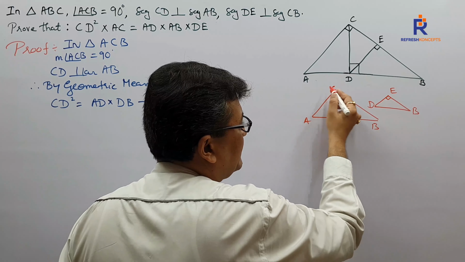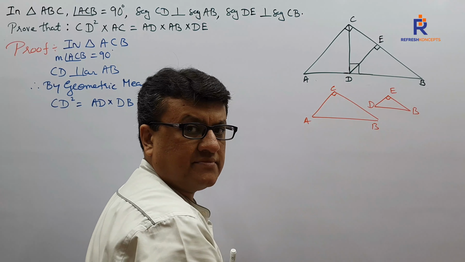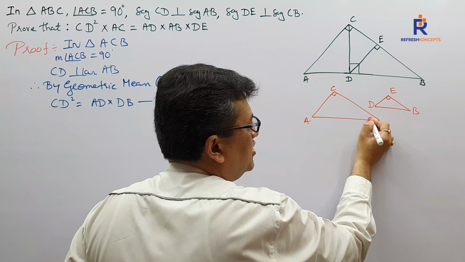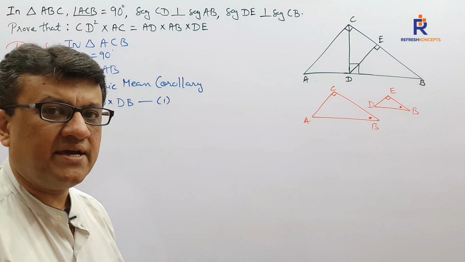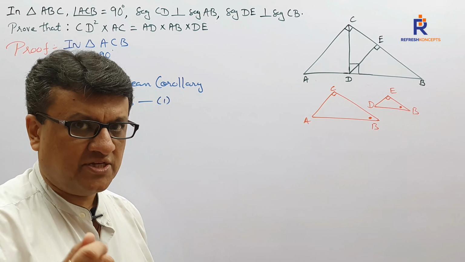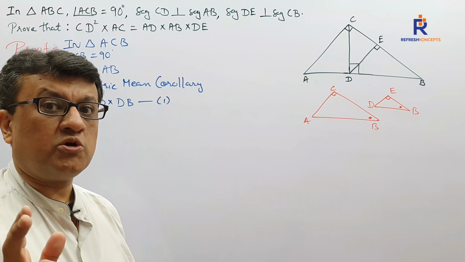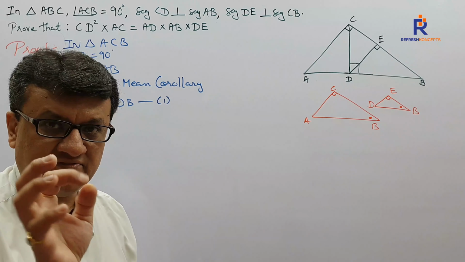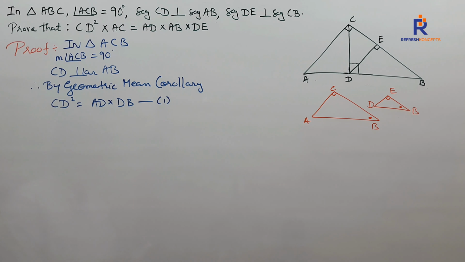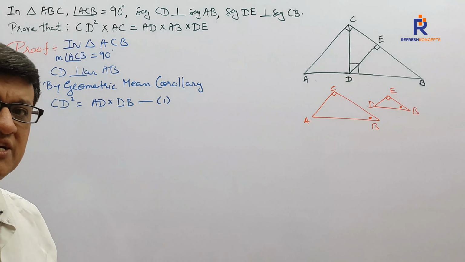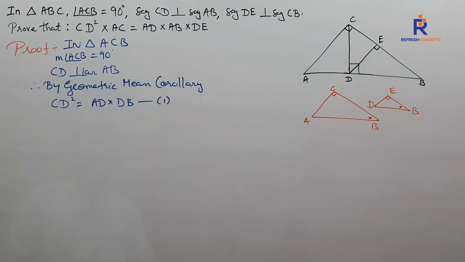In triangle ACB and triangle DEB, can I say each is 90? Second thing, do we have something in common, which we say common angle? The two triangles are similar by AA test. Sir, the question arises over here. What made you go in this direction? I have an answer for that also. First, let me write down. If you have these kind of multiple questions in your mind, I have multiple answers for the same.